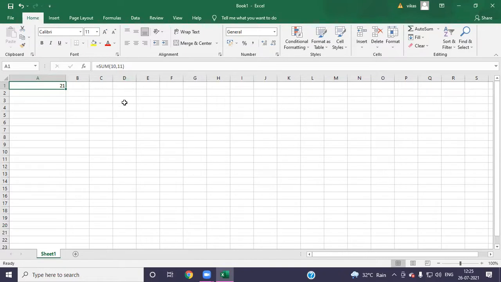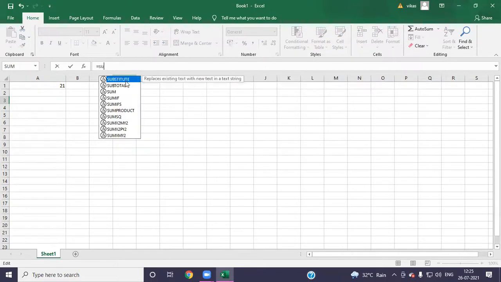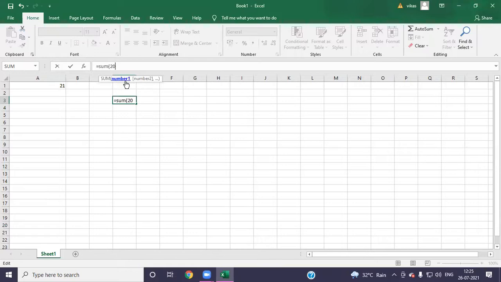I have to click on the cell where we want to write. Suppose I want to write in this cell. So where the plus sign is indicated, I will click on this cell. Then the selection will come here. And then I will write in the formula bar the equal sign and then sum 20 plus 55.